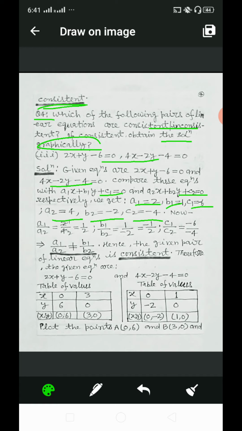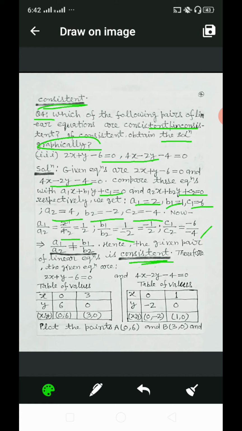Now we find the ratios. a1 by a2 equal to 1 by 2, b1 by b2 equal to 1 by minus 2, this is equal to minus 1 by 2, c1 by c2 equal to minus 6 by minus 4. On comparing the above ratios, we get a1 by a2 not equal to b1 by b2. So, the given pair of linear equations is consistent. Therefore, for graphically,